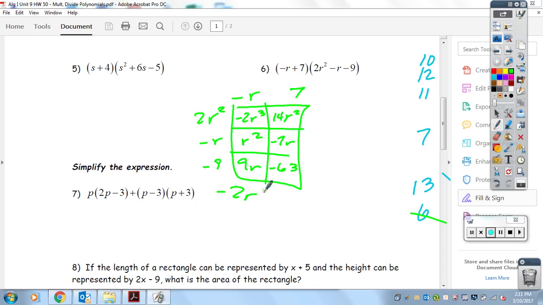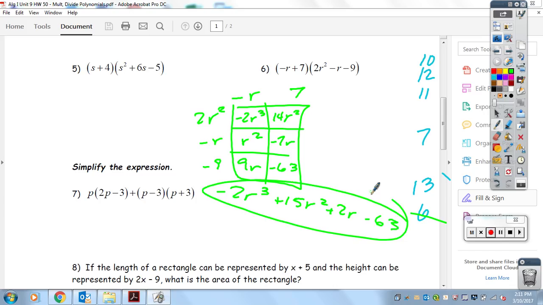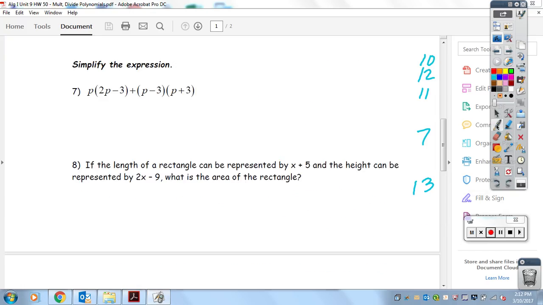It's negative 2r cubed plus 15r squared. Yes, 1 and 14 is 15. Plus 2r minus 63. Is a polynomial of 4 terms, degree 3 with leading coefficient negative 2. Number 7